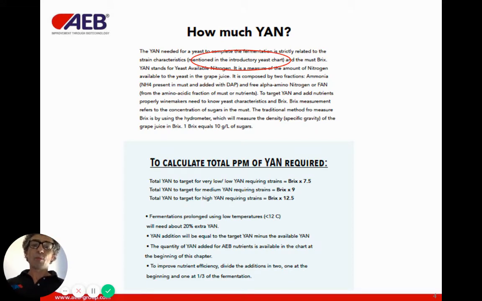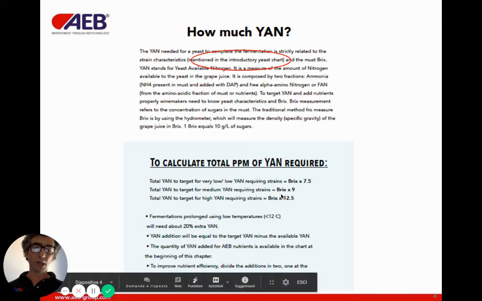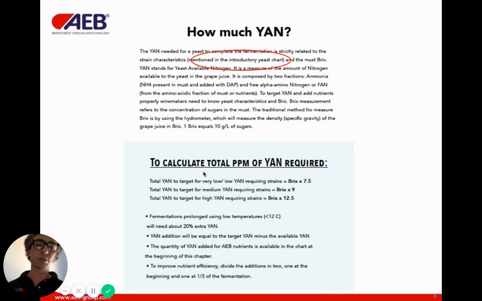Going back to the YAN, what is this YAN, yeast available nitrogen number that you need to get? First of all, you need to see where you're starting from, measure the YAN your juice is coming in. And then you want to have a target YAN that you want to reach by adding these nutrients. So we give you a factor here depending on the characteristic of the yeast. And in the chapter about the yeast, we tell you if each yeast is rather low demanding or high demanding